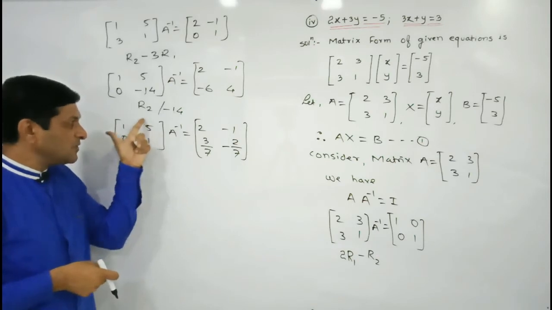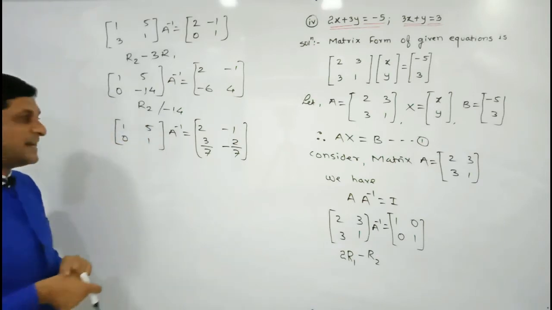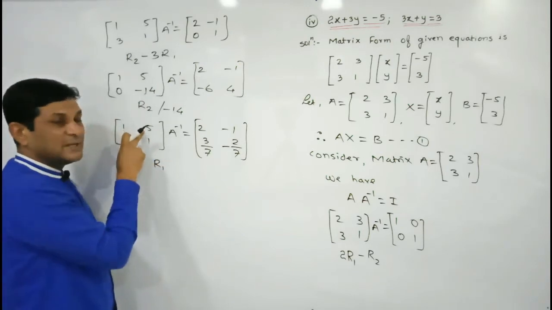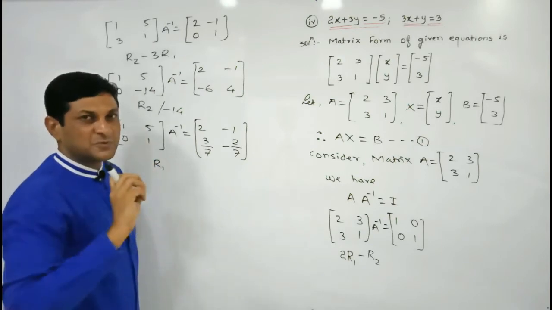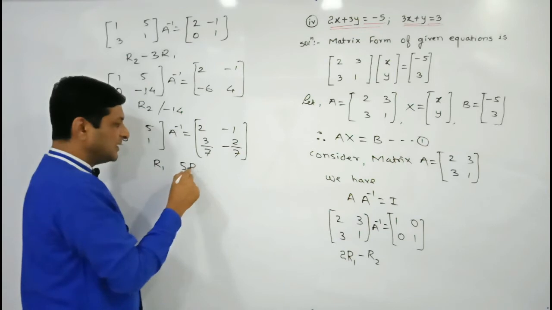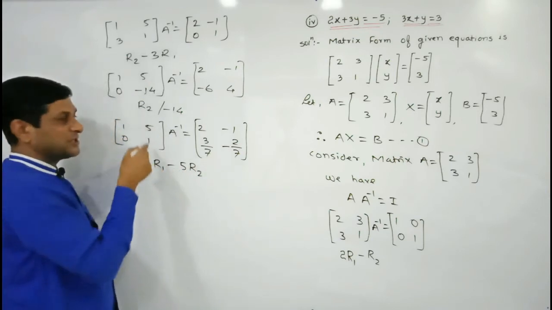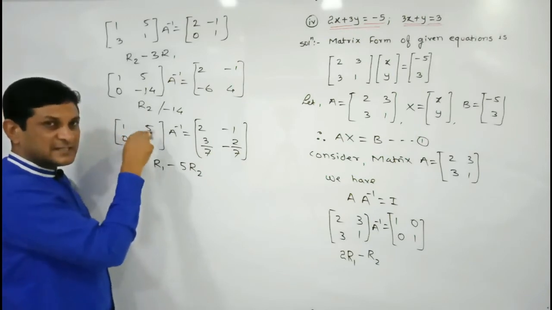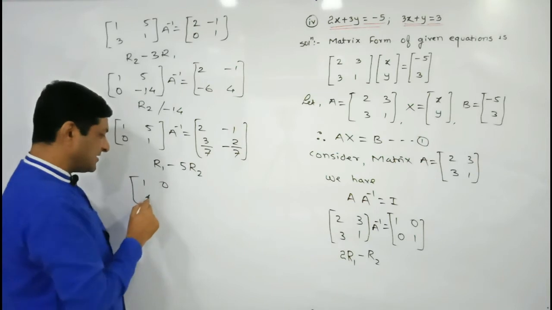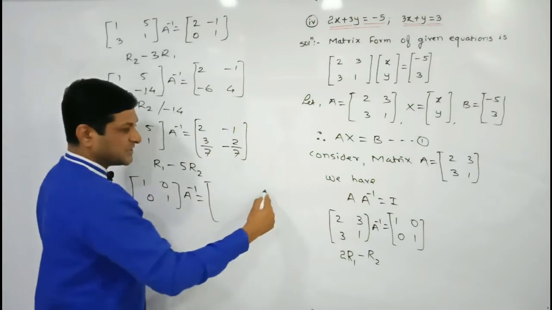Lastly, if we are able to convert this element into 0, this matrix will get converted into identity. So our operation is on R1 here, and what is the element of R1? 5. From 5 we have to subtract 5. So that's why I'm multiplying R2 by 5 and taking their subtraction. After this operation we can easily observe that this element will become 0 and this first matrix will become the identity matrix. A inverse, keep it as it is. Perform this operation on this side very carefully.